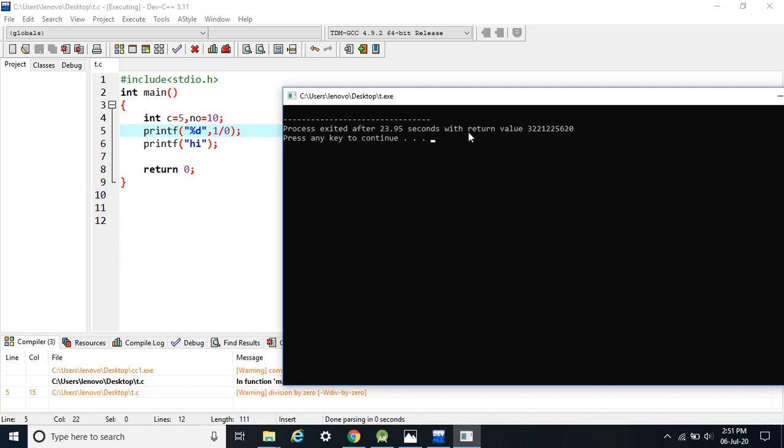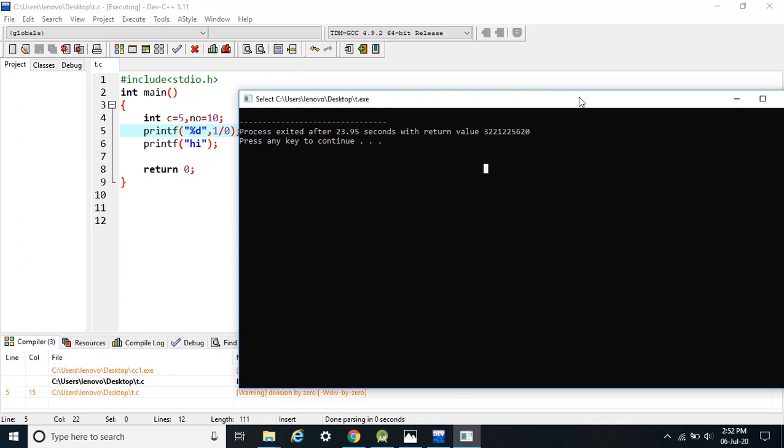Also notice that the program returned with some garbage value and not 0. So when your program does not return with the value specified here, most generally 0, and it ends with a garbage value like this, at that time you have a runtime error. Why? Because your control didn't reach here at return 0. Because of this runtime error, the control didn't reach the statements below it. That's why the program ended with a garbage value. So this is an example of runtime error.